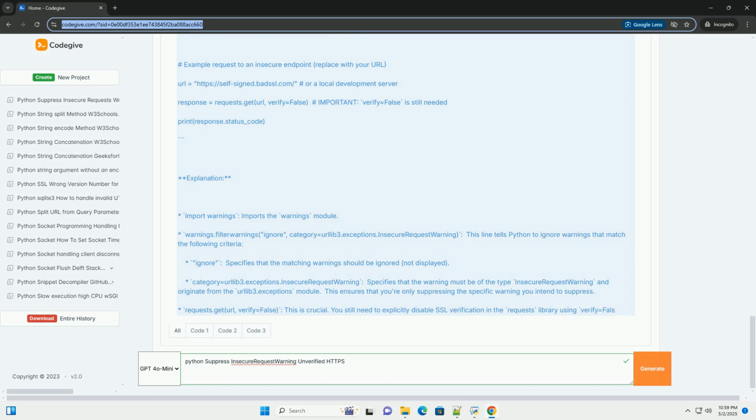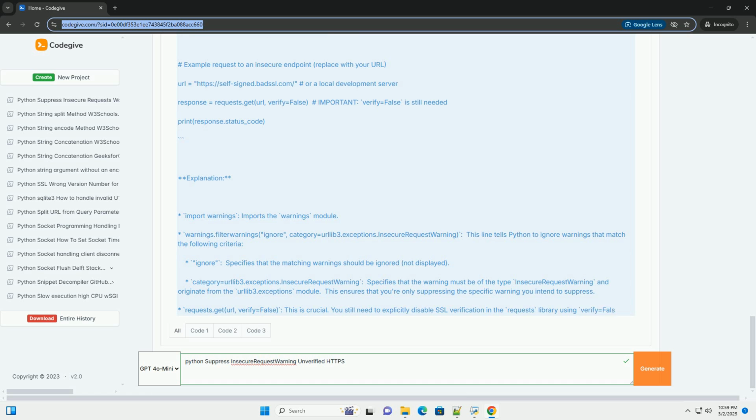4.1. Installing a proper SSL certificate on the server. This is the ideal solution for production environments. It involves obtaining a valid SSL certificate from a trusted certificate authority, CA, and installing it on your web server. The process varies depending on your web server, for example Apache, Nginx, IIS, but generally involves: